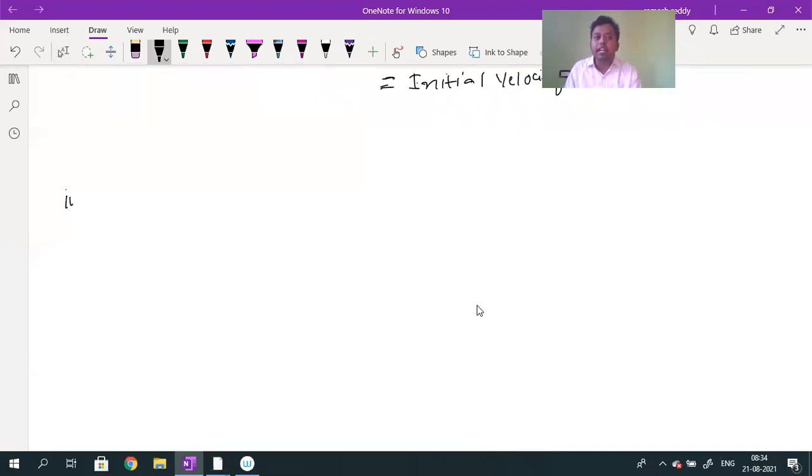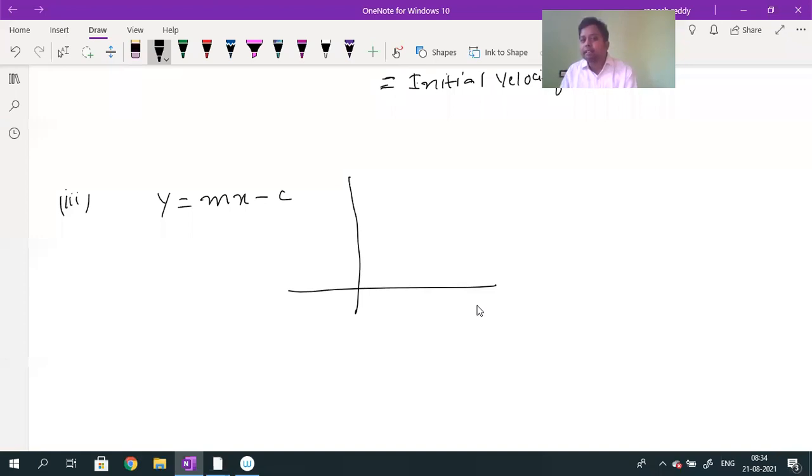And the third point related with the graph is given by y is equal to mx minus c. This is also an equation for a straight line. Whenever y is equal to mx minus c, I will not give any example, just what is the shape of the graph. If I plot the graph between y and t, the graph is a straight line, but with a negative y-intercept. Here is the c value positive or negative? Negative. It is intercepting the negative y-axis. This is the origin. The straight line is AB. Then this distance O to A will give you C.